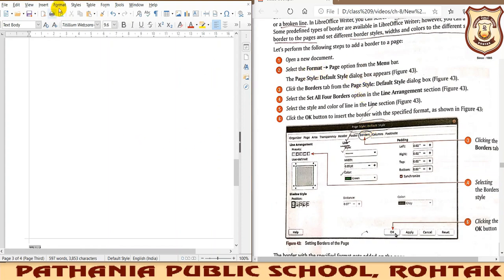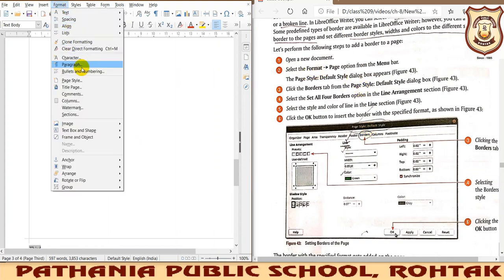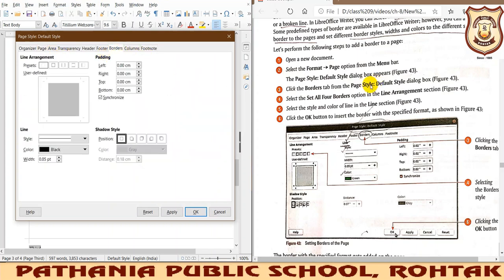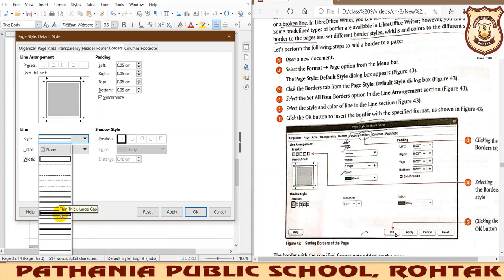So in the Format tab again I'm going to take up the Page option. Again the same Page Style option I need to click on, and this dialog box is in front of us. This time we need to select Borders. Here we have the option to select all four borders. Here we have to select the line style.